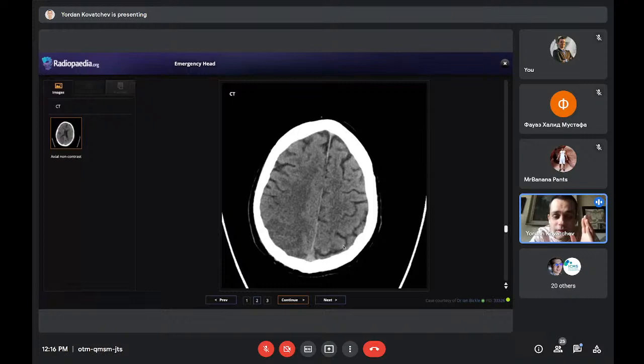Here on the left side, we see subarachnoid spaces that are fine, filled with cerebrospinal fluid, and we see gray-white matter differentiation. This is the cortex, this is the white matter underneath. There is no midline shift, the falx is in the middle. But on the right side, we see that there's something going on, and this is cytotoxic edema. There is loss of gray-white matter differentiation, and there is effacement